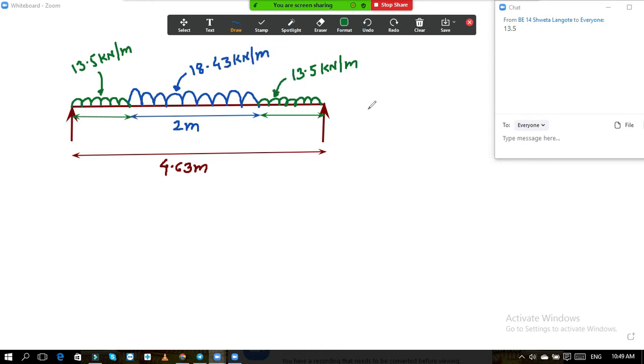I will roughly show you over here. Originally the landing covers about 1.2 meter, and then this support is there. Then what is the width of the support? The width of the support is 230 mm, which means 0.23 meter. For the effective span we are taking center to center, so it will be half of 0.23 up to the center, and if you add these two you will get that length. So how much is it?